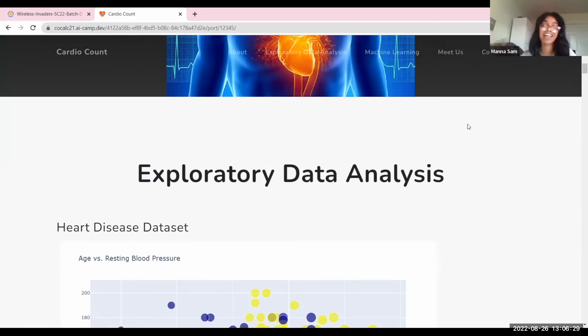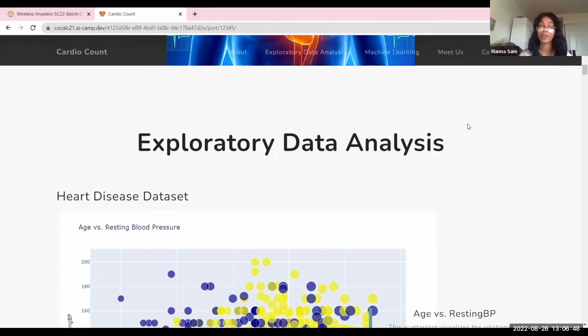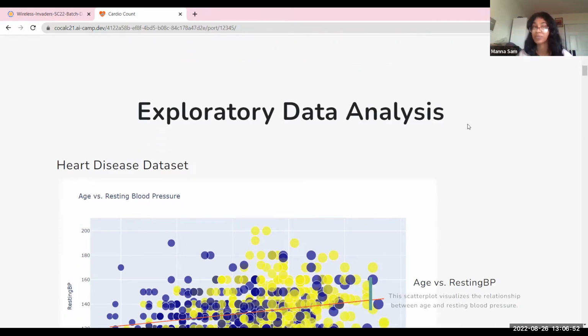Hi, my name is Manna, and I'm going to be talking about our exploratory data analysis. So we used two data sets from the website Kaggle, and we coded different models to show the relationship between different variables that could potentially cause heart failure or heart disease. So this way, users can look at these models and compare their own data and see how it compares with many other people's